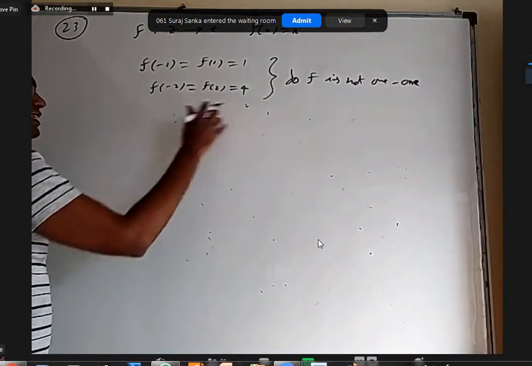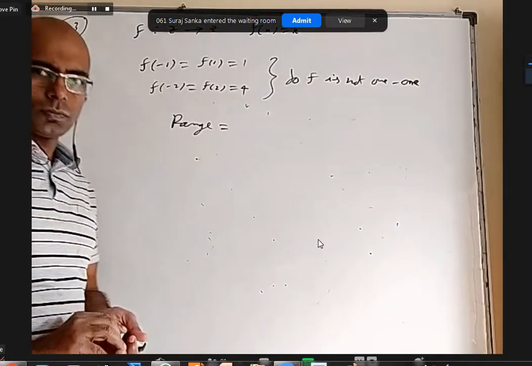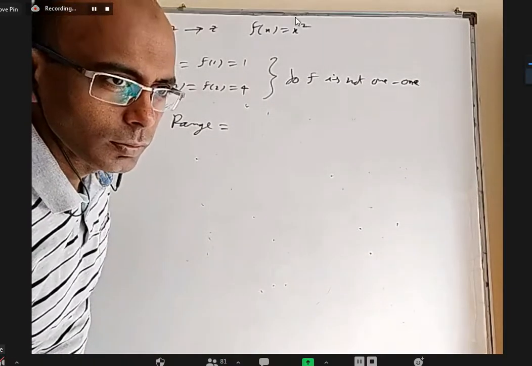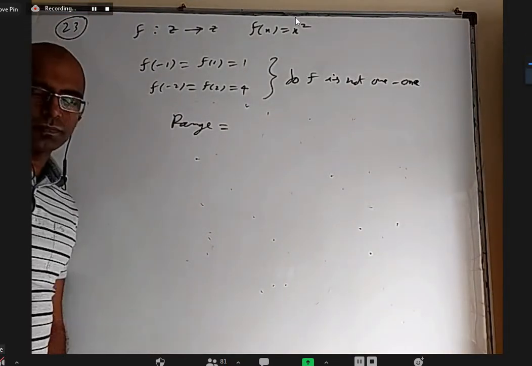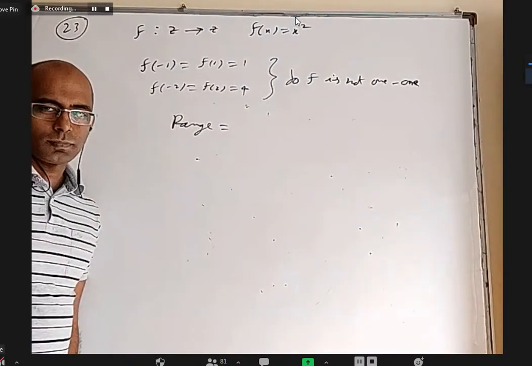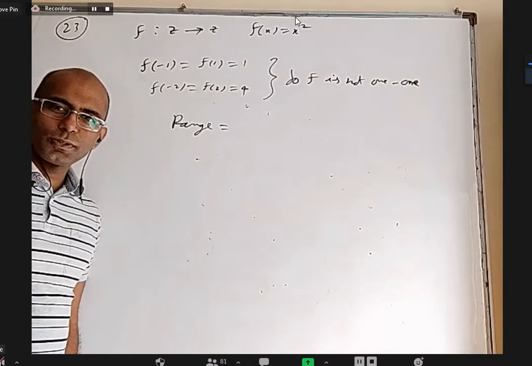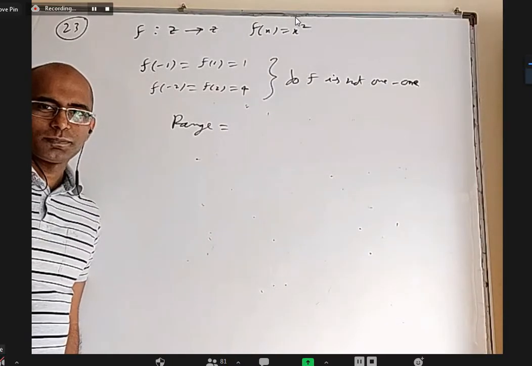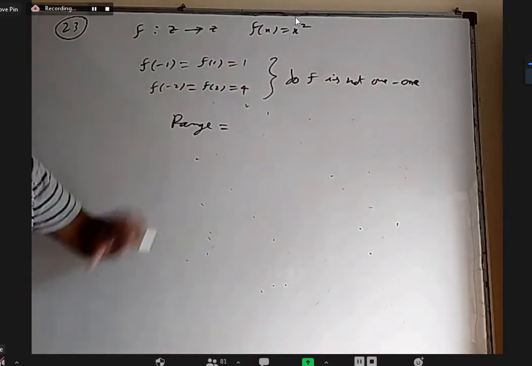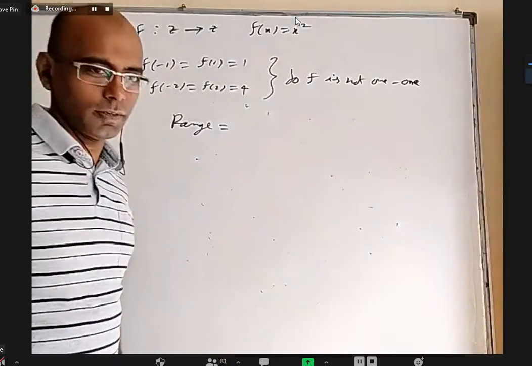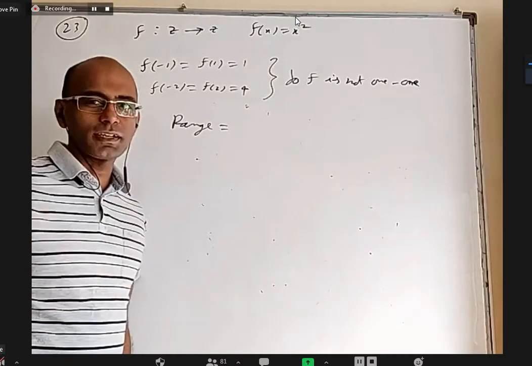Anybody want to tell what is the range of this function? 0 to infinity. Are you sure, 0 to infinity? Z plus also. Are you sure about it? Including 0. We don't have any real numbers. The graph of this is not your regular y equal x square graph, by the way. It is only a few points on that. It's not a few, it's infinite points, but it is not a continuous one, it is discrete.